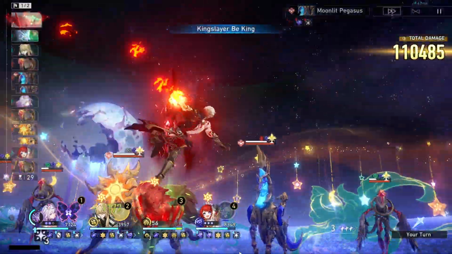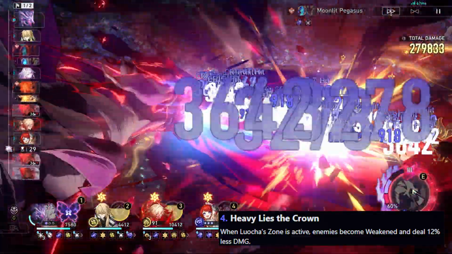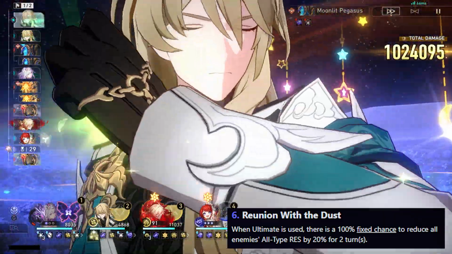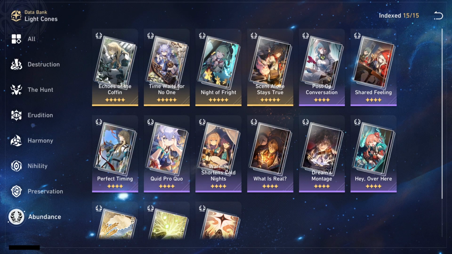His E4, when Luocha's zone is active, enemies become weakened and deal 12% less damage. And his E6, when ultimate is used, there is a 100% fixed chance to reduce all enemies' all-type RES by 20% for 2 turns. Taking a look at the best Lightcone options for Luocha, you do have a few options,